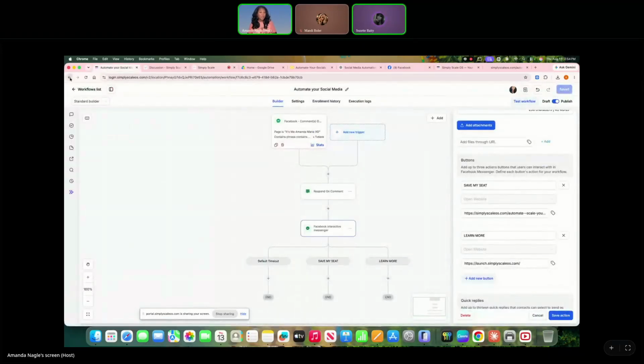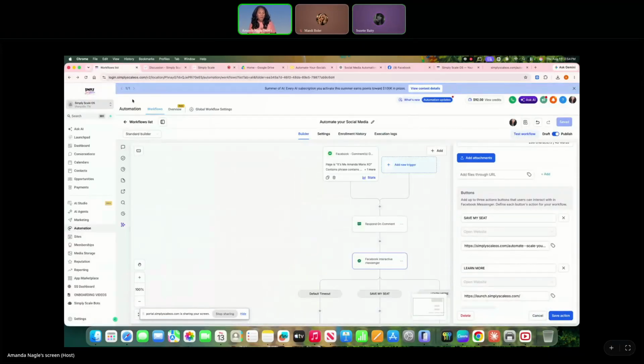I'll show you here. It is built on Go High Level, but I am my own independent agency. And so softwares are amazing, but if you don't know how to use them, then it's pointless. Right? Yeah, I have Go High Level, and I just get so frustrated because I really don't know how to use it, but I want to use it and I keep paying for it. But yeah, so you can actually transfer your account to my agency if you're direct through Go High Level, or even in another agency. I've had several people do that.